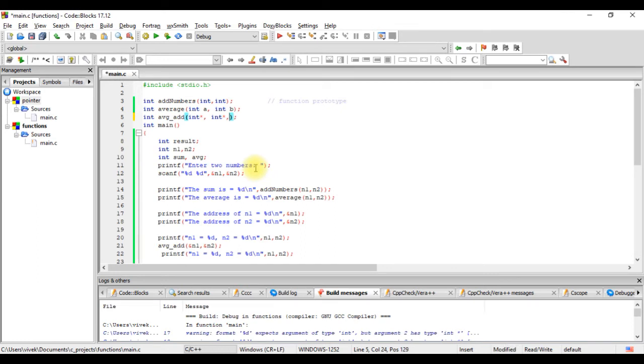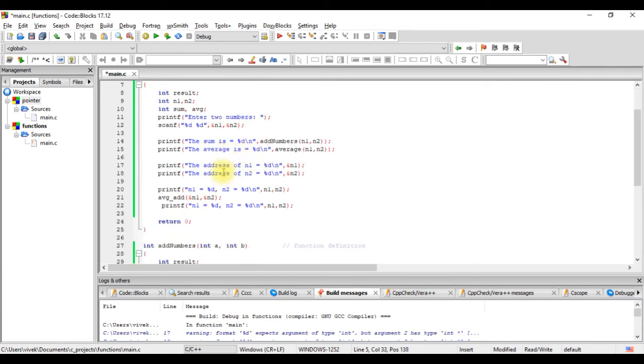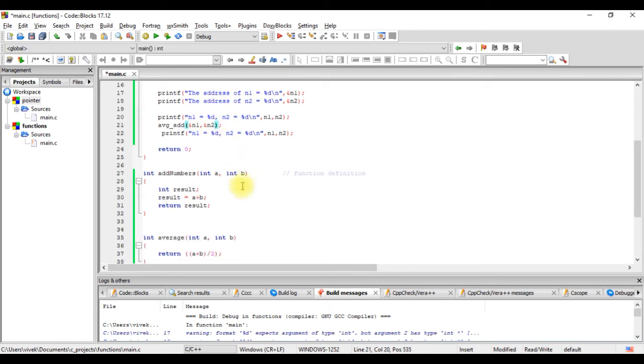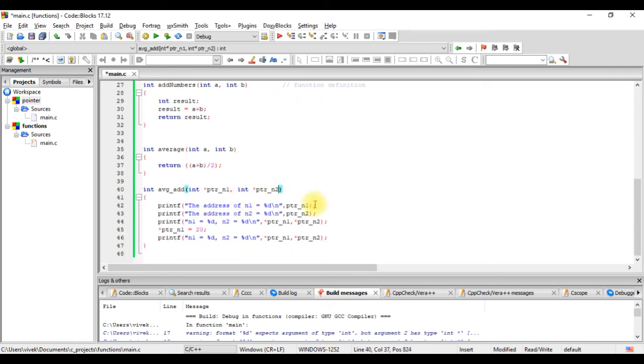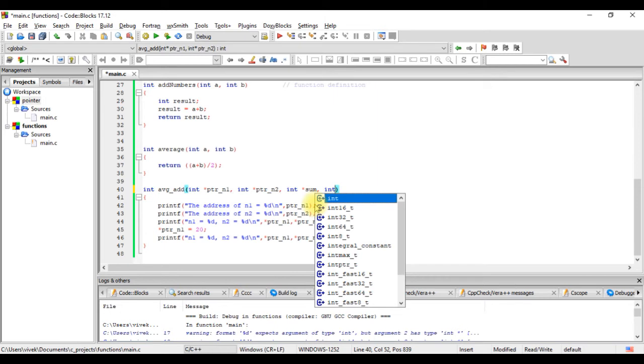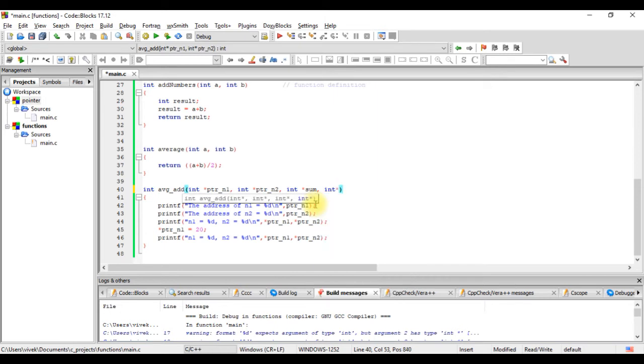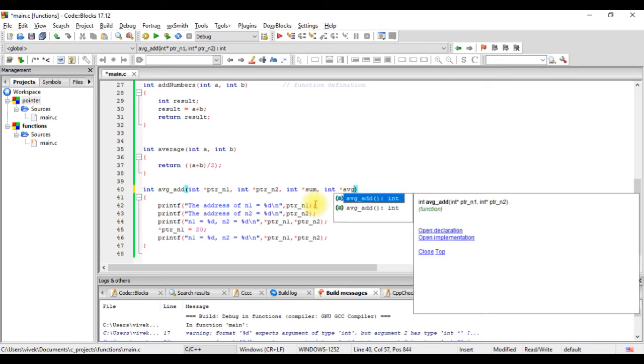So we'll also send it int *, int *. In the function call, let's also let it take the value of int * sum and int * average.